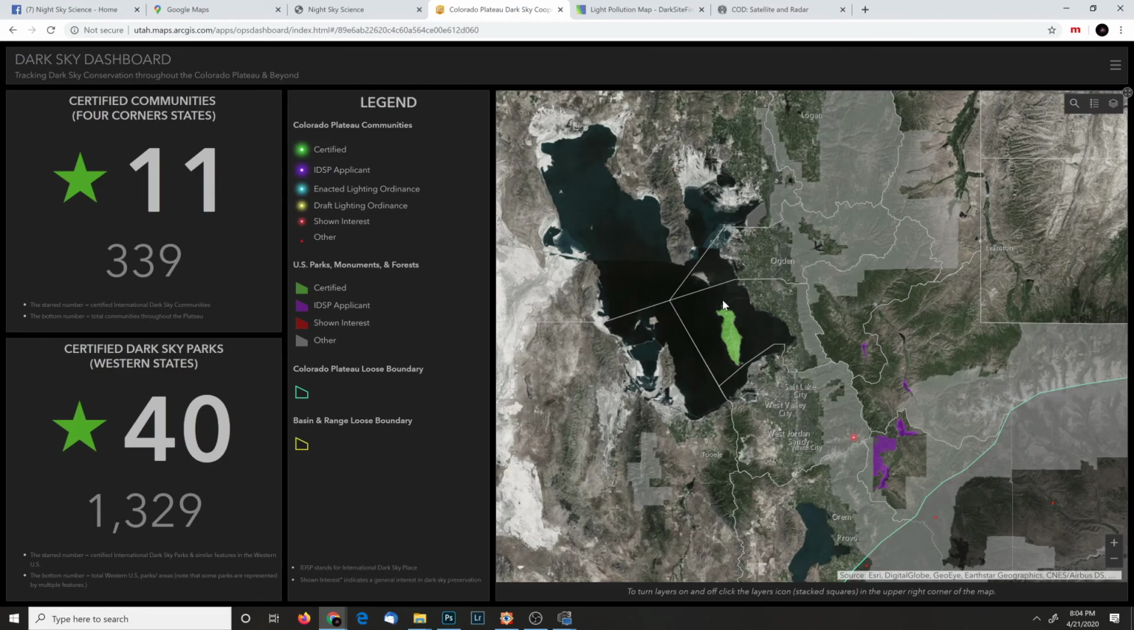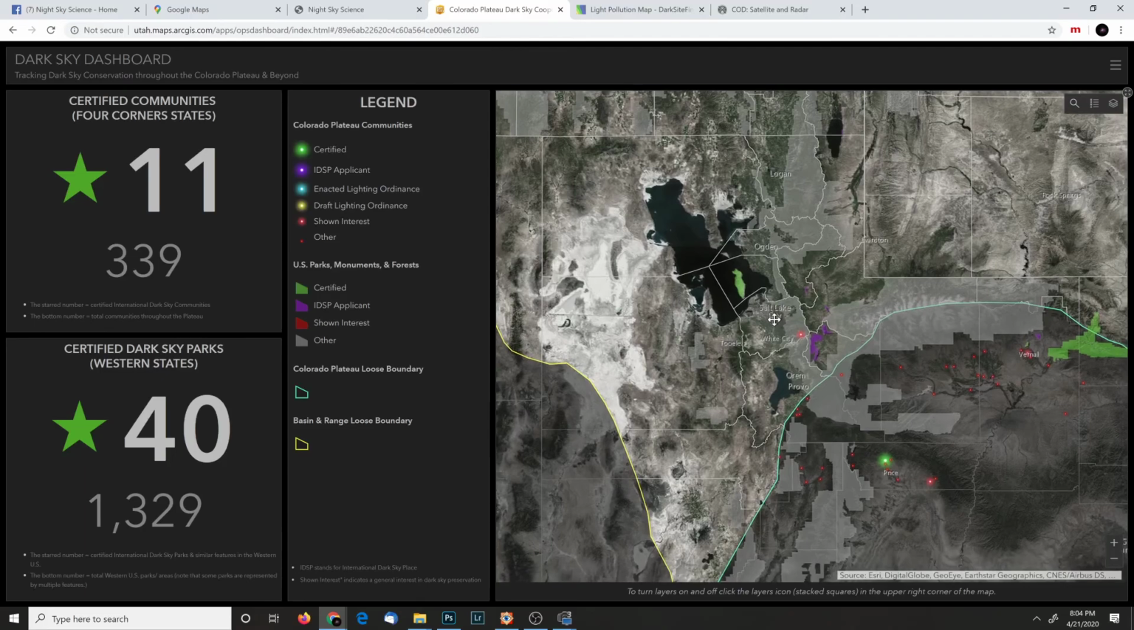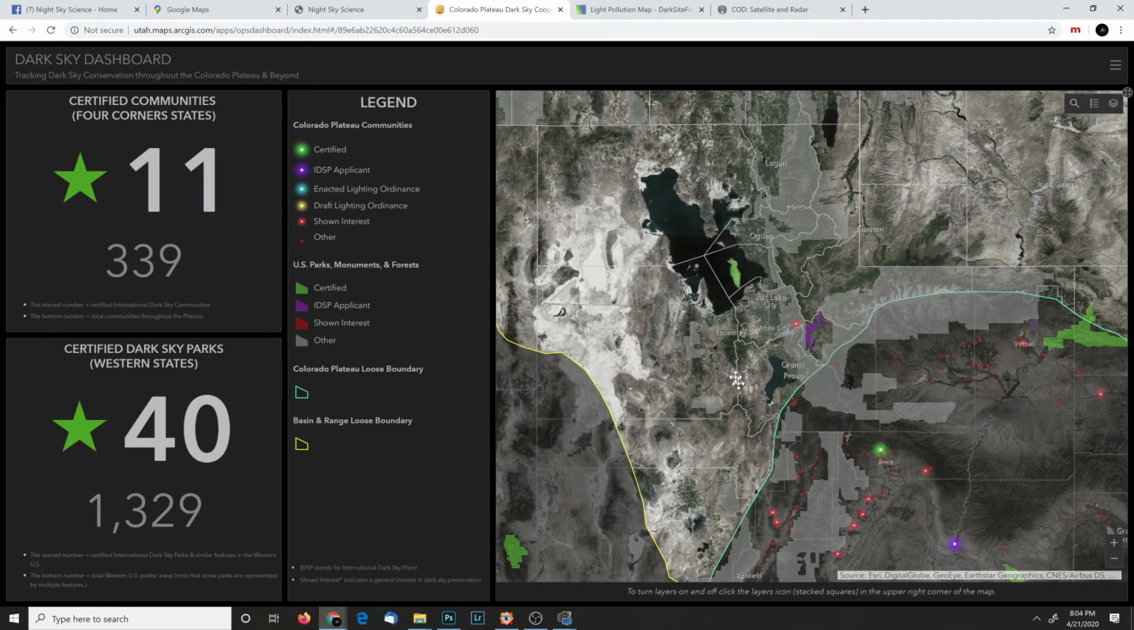That's what's really nice about it. And they have the protection of the Great Salt Lake, which creates a light pollution free zone, if you will. But as we zoom out again and start creeping into the Colorado Plateau, these folks are very, very good